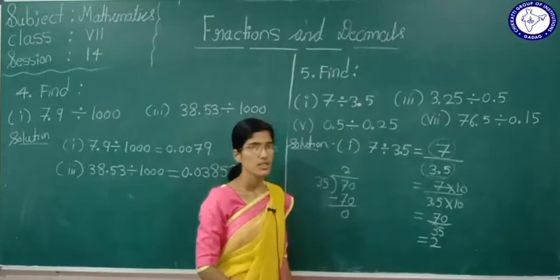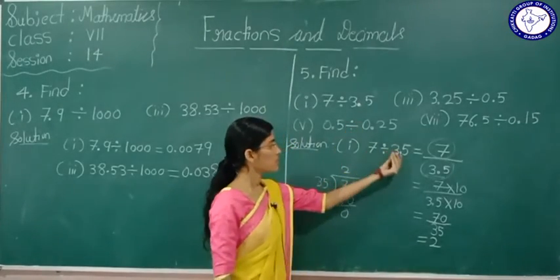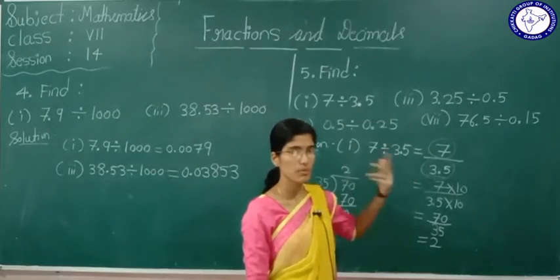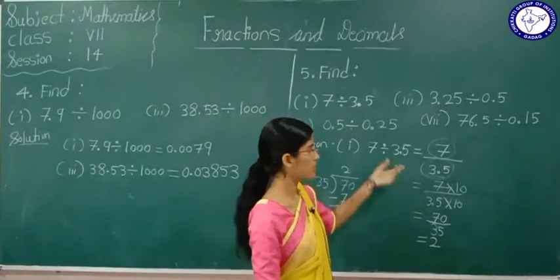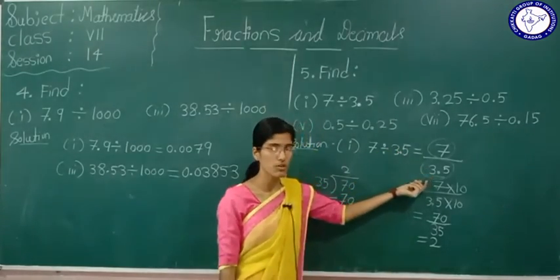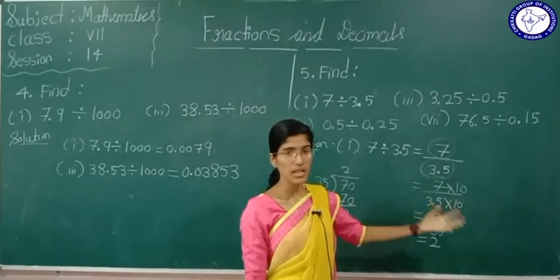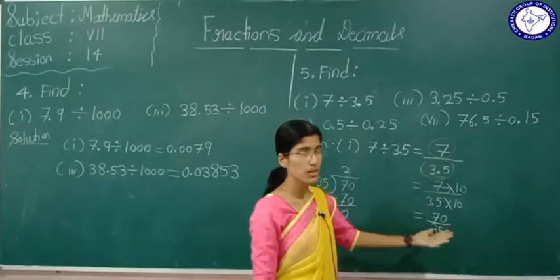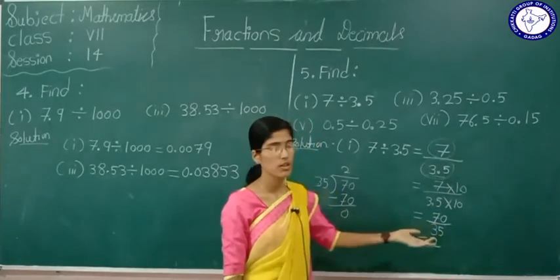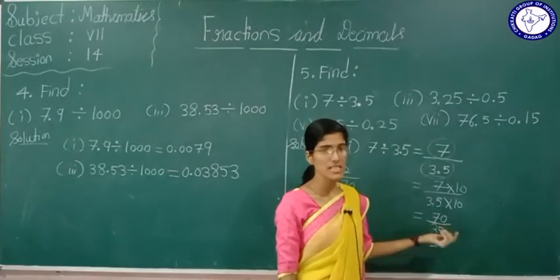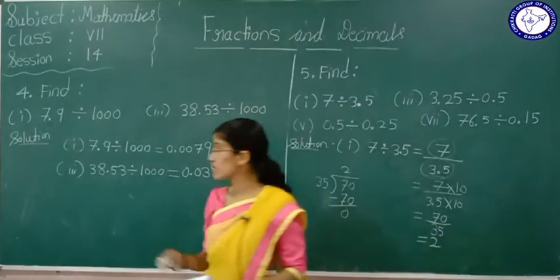Okay, so simple. If they have given a division of a decimal number by a decimal number, or our divisor is a decimal number, what we will do is make it a whole number. To make it a whole number, you have to see whether you have to multiply by 10, 100 or 1000. Convert into a whole number and divide as usual, how you used to do.